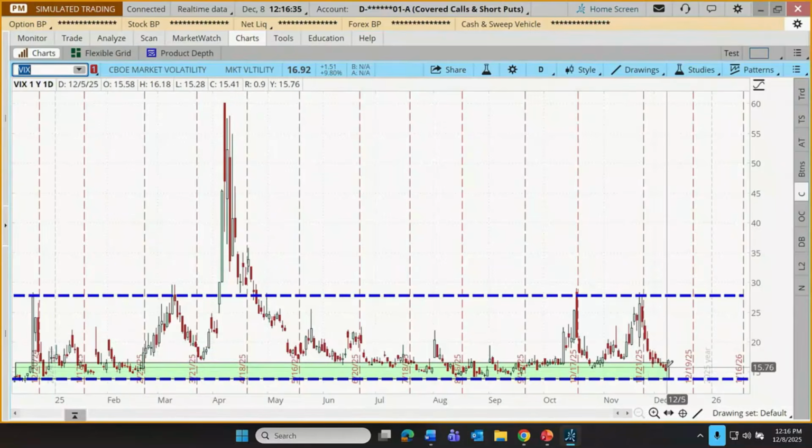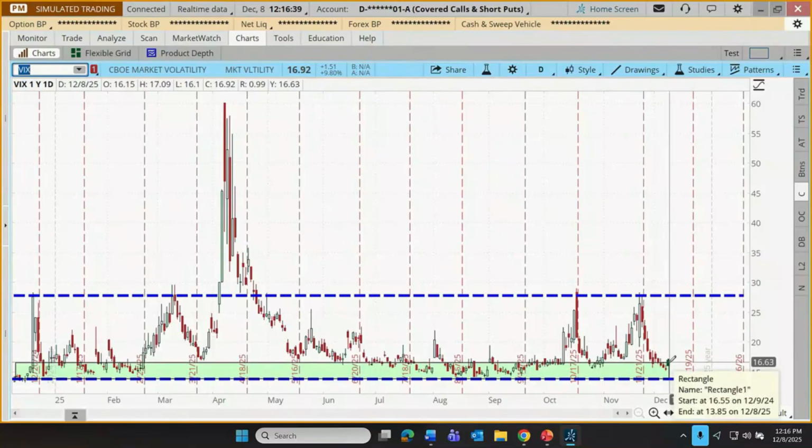And so for traders here, what they may describe this as is a lower premium environment. And when premiums are lower, that can have some implications for options traders. Some people say this is a buyer's market. Okay, that might be true. If a trader's looking to buy options, this may be a window of time when options are less expensive than they are at other times when volatility levels are higher.